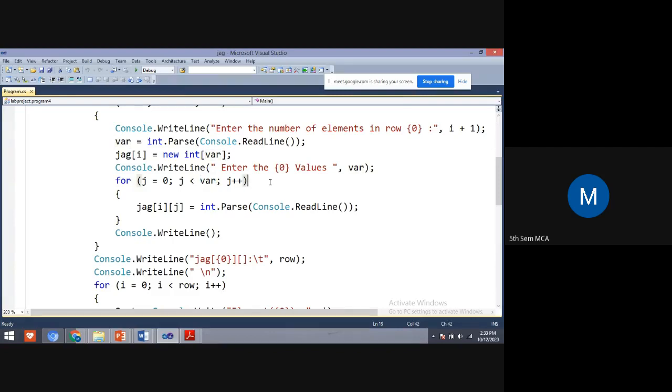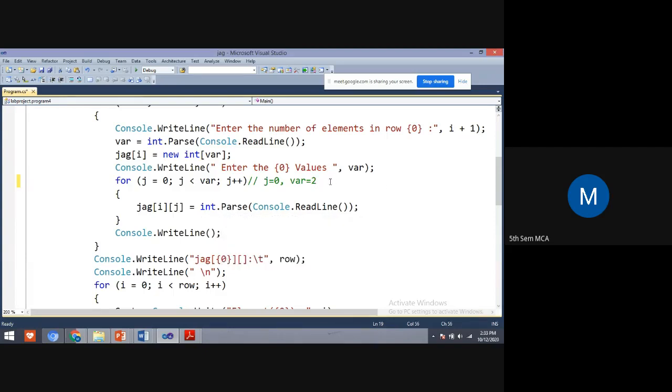See here, I'll write: initial j value is 0. Var value is 2. 0 is less than 2. Condition is true. So it will read the first value.